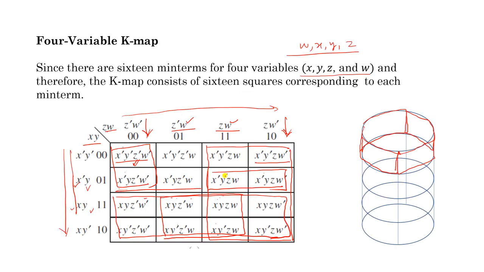Now 4 adjacent squares represent a term with 2 literals. Look at this, four adjacent squares. For example, these four adjacent terms, this is a block of four adjacent terms. So this will give you a term with two literals only. If you check here, this x is the same in all these terms. Similarly here, w is the same. So if you find the sum of all these terms, the equivalent term will be x w, because x is the same in all these squares and here w is the same. So the equivalent term is x w.